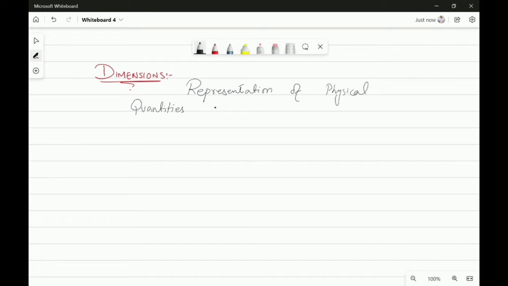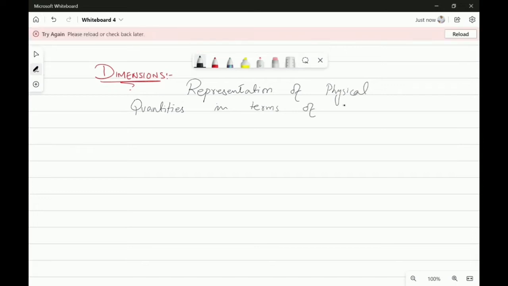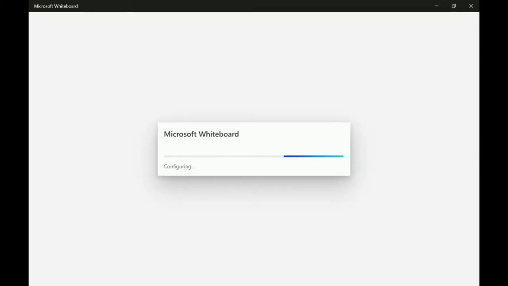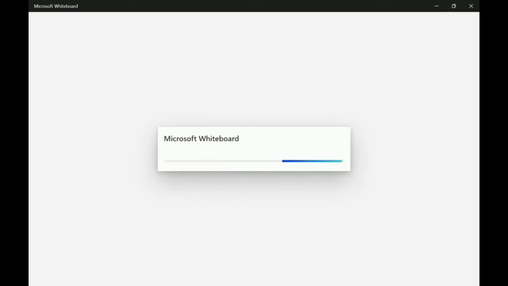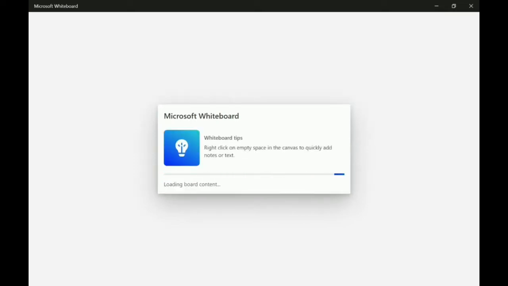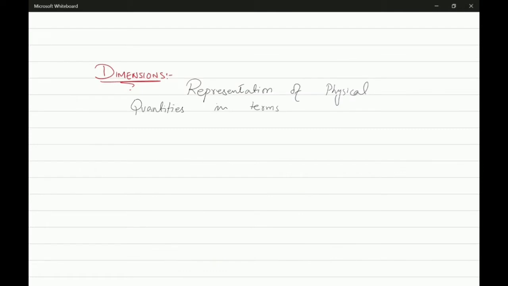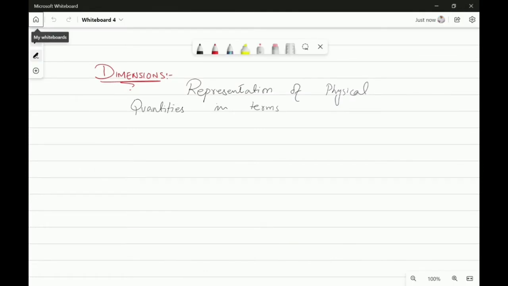The representation of physical quantities in terms of base quantities